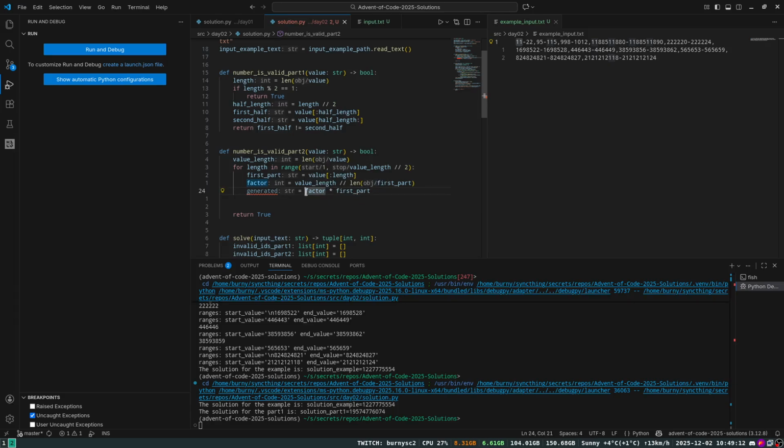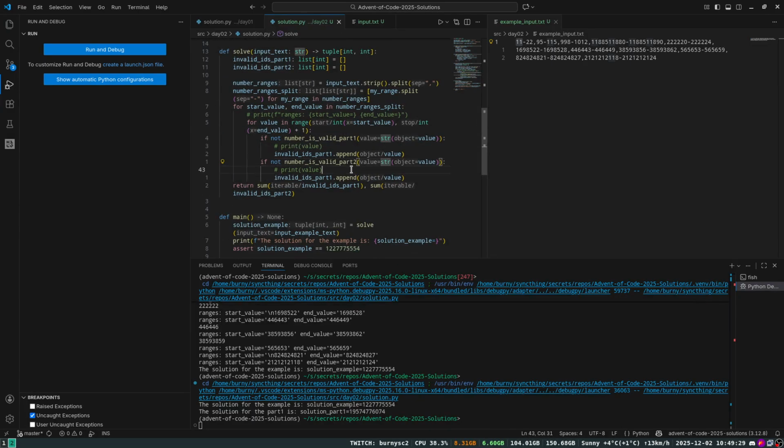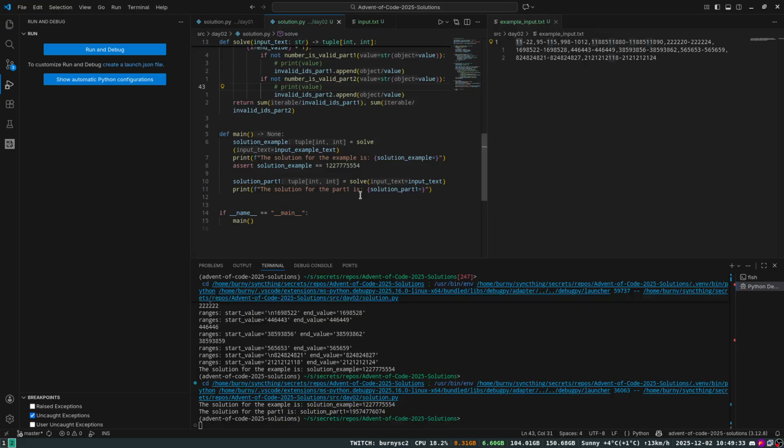This should repeat it x times. And then we just check if generated equal to value, return false, because then it's an invalid ID. So here we just check this one. Append to part 2 needs to be